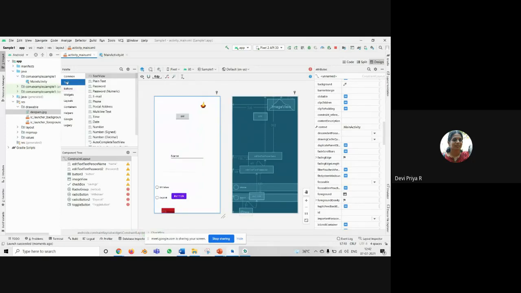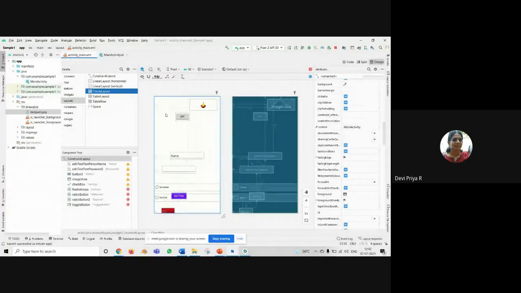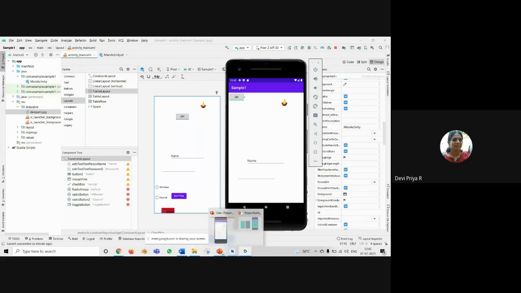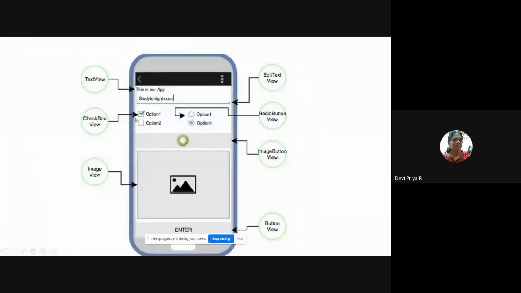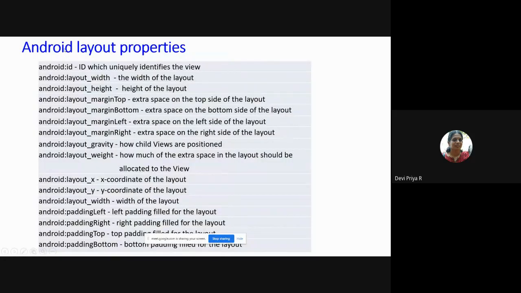And buttons also, we have seen so many options, and layouts. In frame layout, we have already seen that it is preferable to choose only one view. That means if you have an image, you can have it in that frame view. If you have a video, you can completely have only one view. It will take multiple views also, but it is not preferable. And we have seen so many options, right? Whatever layout you're choosing, these are the common properties that are available.